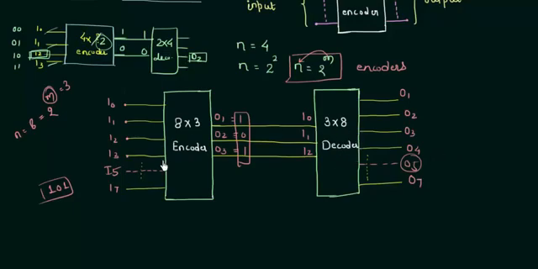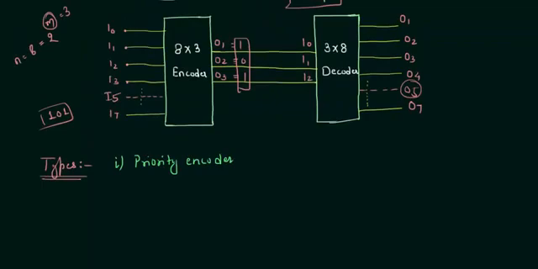So this is the function of encoders and decoders, and it is very important. There is one more important use of encoders and decoders: the implementation of a given Boolean expression. If you are given the minterms, you can easily implement it without using the different gates and circuits involved that we saw in the multiplexer. So it is a very convenient way to implement logic functions.